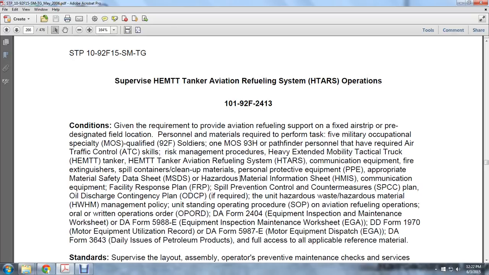that have required air traffic control skills and risk management procedures. Heavy Expanded Mobility Tactical Truck, that's the HEMTT tanker. HEMTT tanker aviation refueling system, HTARS. Communication equipment, fire extinguisher, spill containers, cleanup materials, personal protective equipment, appropriate materials, safety data sheets, hazardous material information sheets,